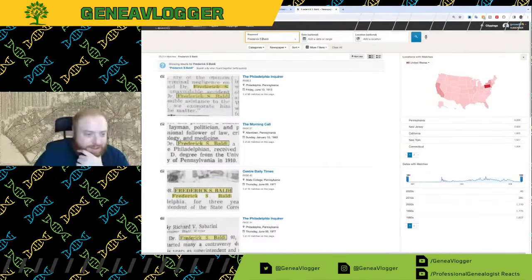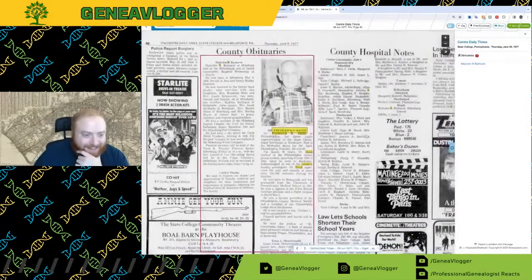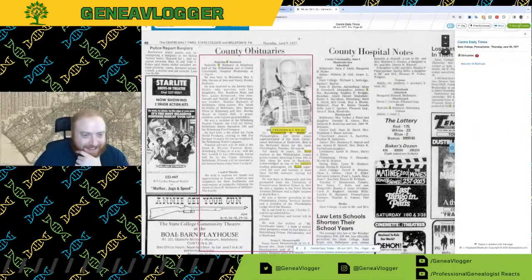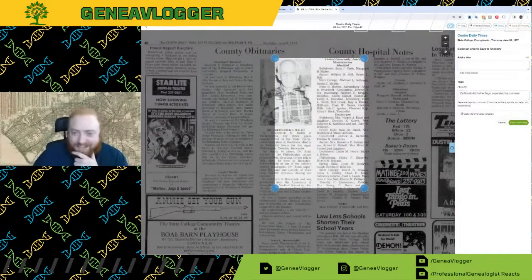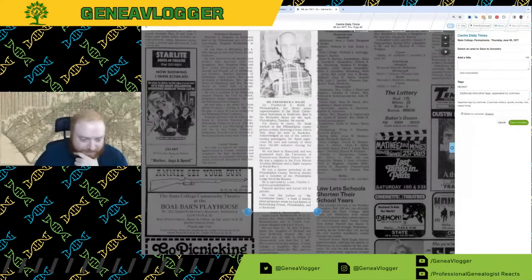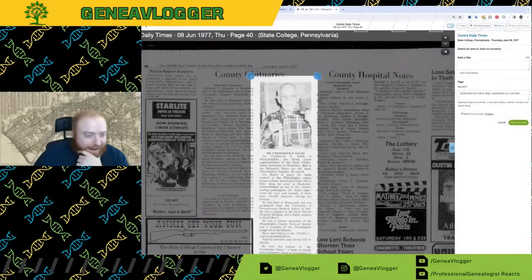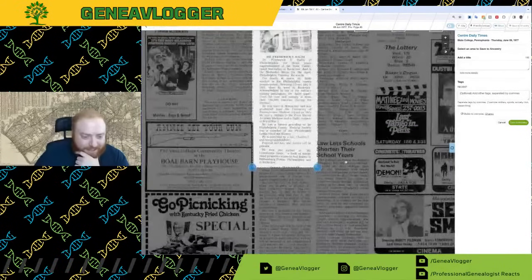Frederick S. Baldy. Ooh, is that a photo of him? Oh, check it out. This is his obituary. So, all right, well, we can save to Ancestry. 1977. I have to admit, having seen a lot of newspapers, this one looks a little bit more recent than 1977.